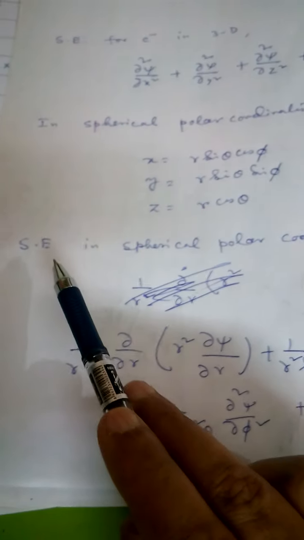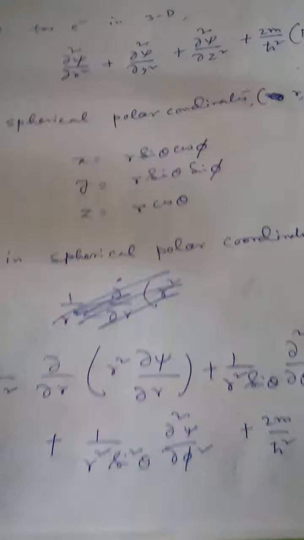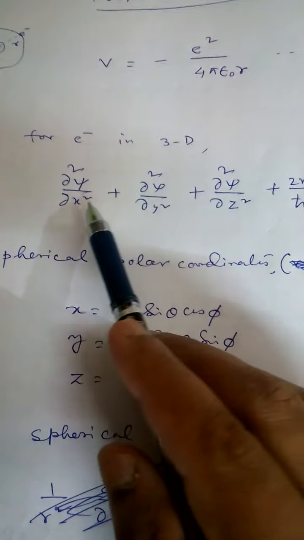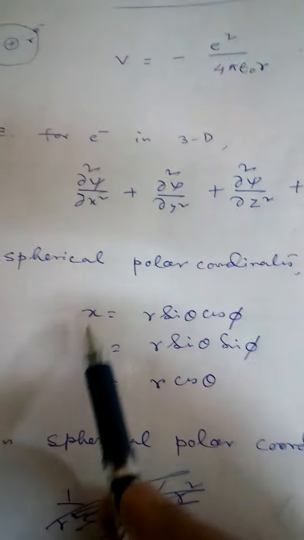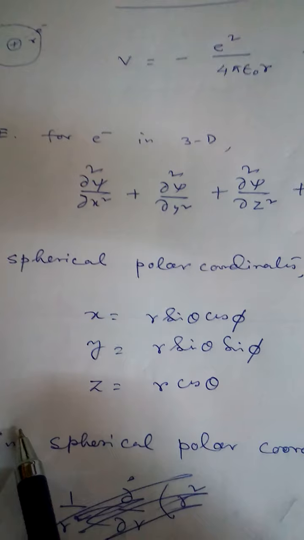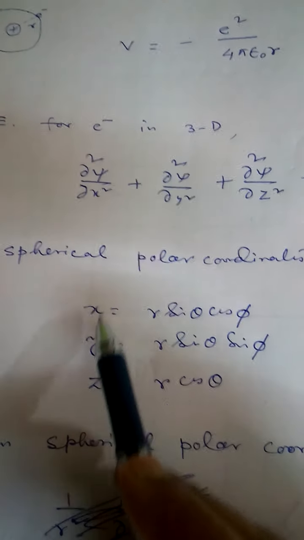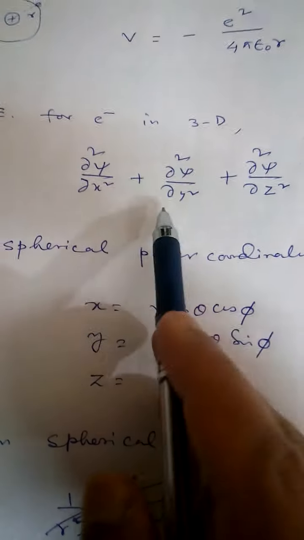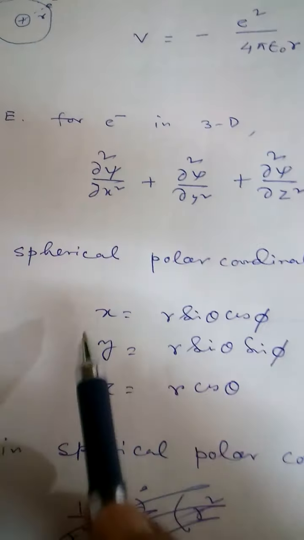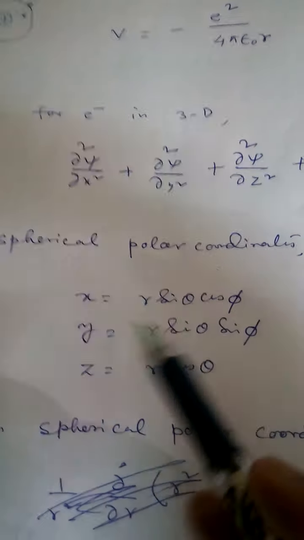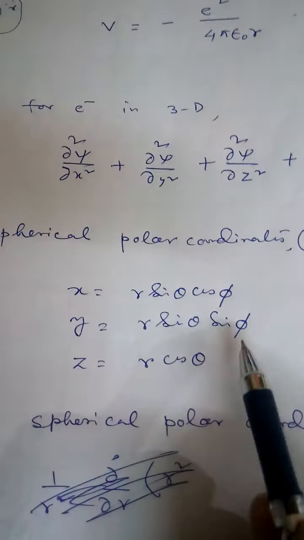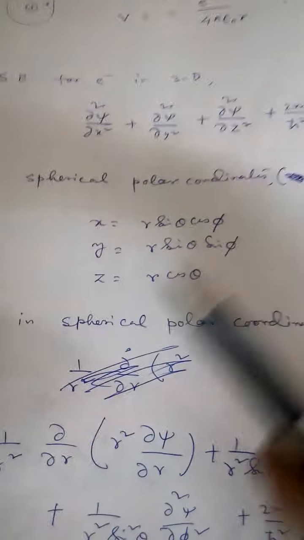So in the spherical polar coordinate system, in the Schrodinger equation, we put the values of x, y, z over here. Psi is expressed in terms of x, y, z, so we may write del psi del x, and express it in terms of r theta phi. Similarly del psi del y and del psi del z in terms of r theta phi, and the double derivative del square psi by del x square in terms of r theta phi, and so on. And after simplification,